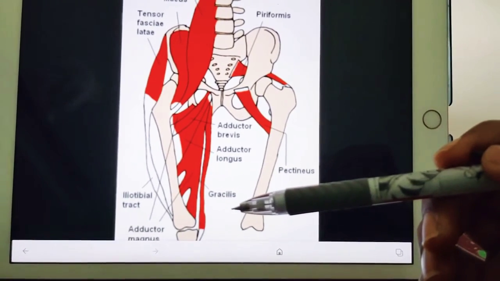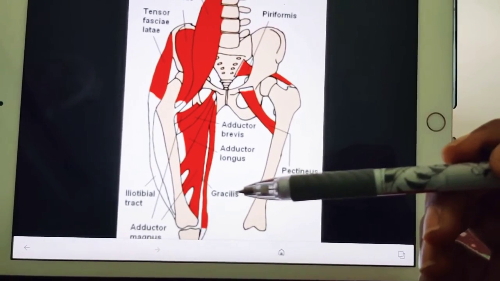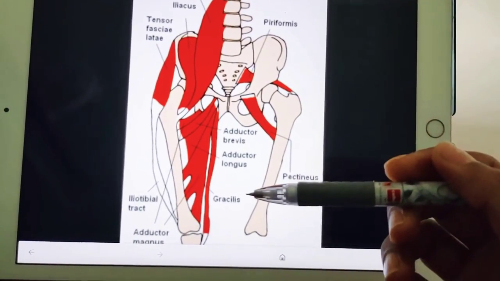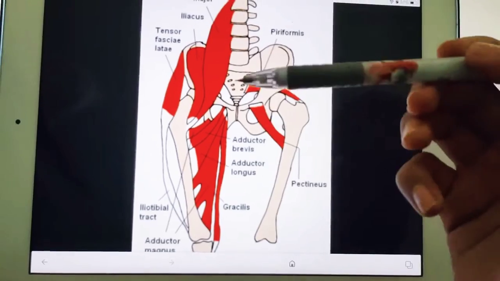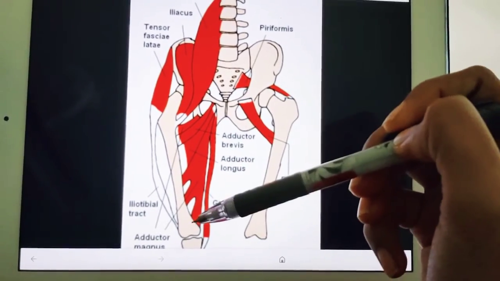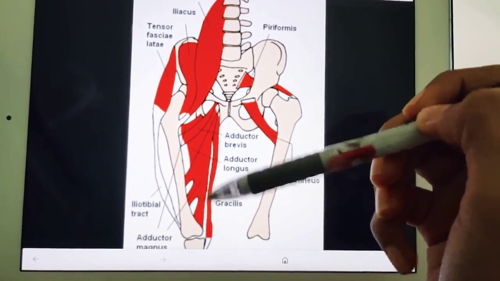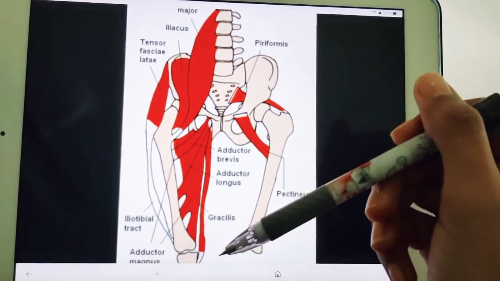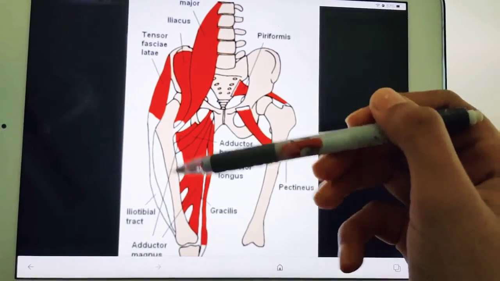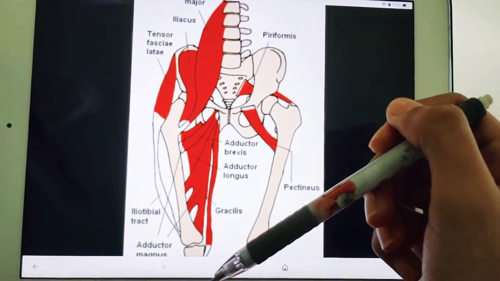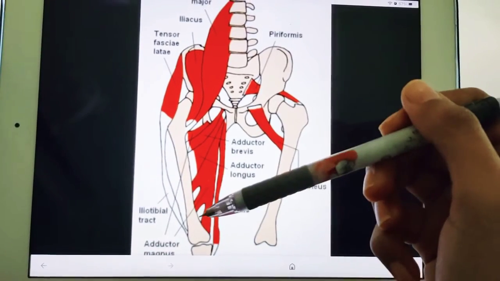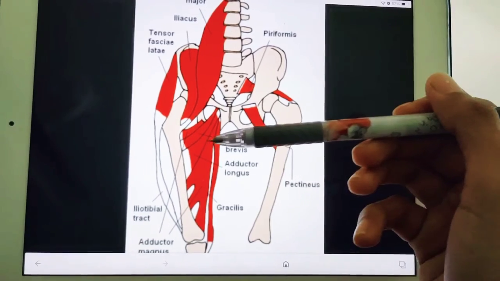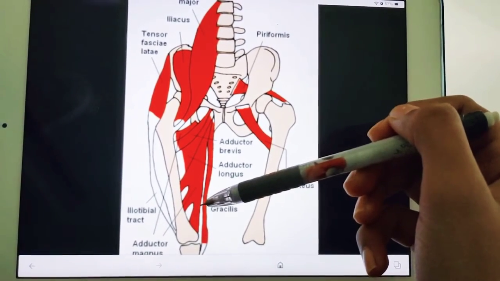Okay, and you know that the biggest muscle is adductor magnus, and it is supplied by two different motor nerves, that is the obturator nerve and the sciatic nerve. Why? Because normally the medial compartment of the thigh is supplied by the obturator nerve, the posterior compartment of the thigh is supplied by the sciatic nerve, and the anterior compartment of the thigh is supplied by the femoral nerve. Once again I am repeating them. Anterior compartment of the thigh is supplied by the femoral nerve, posterior compartment by the sciatic nerve, medial compartment by the obturator nerve.